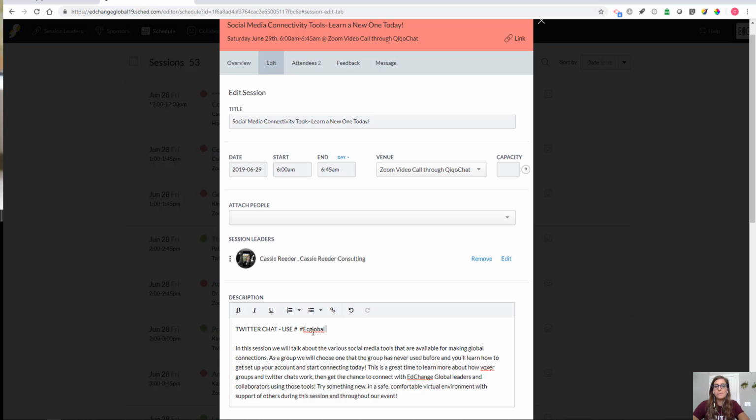So that other people can find it. It is capital E, capital C, capital G, and then the rest lowercase. So for your Twitter chats, for any of you who are doing one of those, make sure that you have put Twitter chat and then use the hashtag, and then underneath that or beside that hashtag put whatever you want them to use,